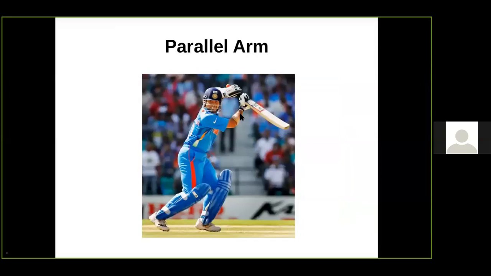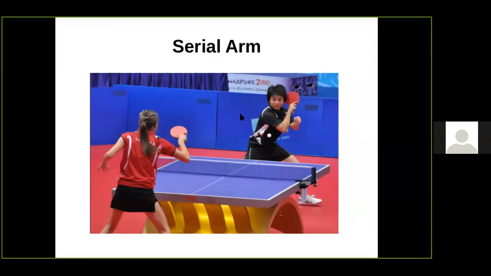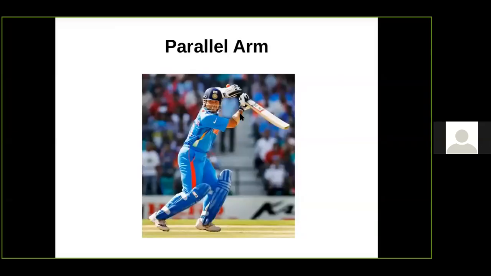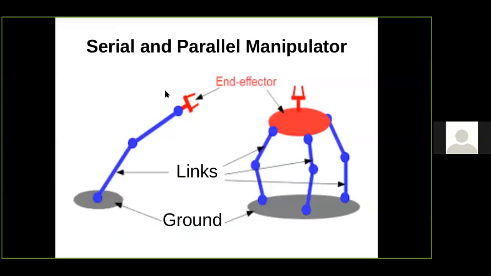If you're going to see in the table tennis, the ball should be hit only to the opponent who is very nearby. But in cricket, the ball has to be hit to a very long distance, which will be done only when lot of force is applied. When you need to apply a lot of force, then you need a lot of links, joints, and a parallel arm is required. So since he is using two arms, that is both the hands to play, it is called as a parallel manipulator. It is an example which is inspired by which a parallel manipulator is created. So this is a parallel manipulator.